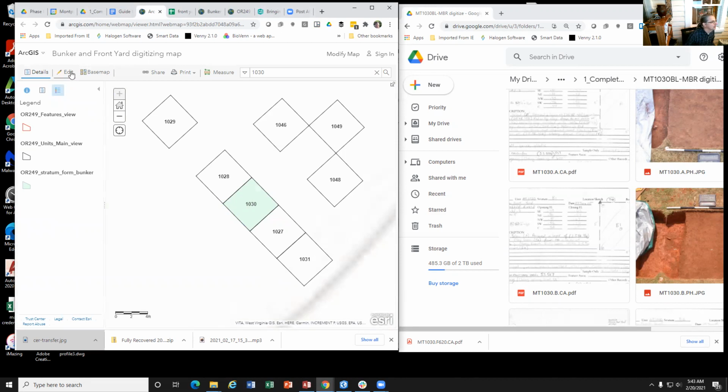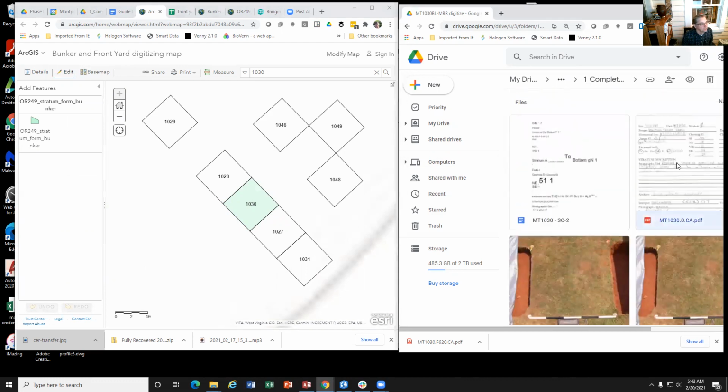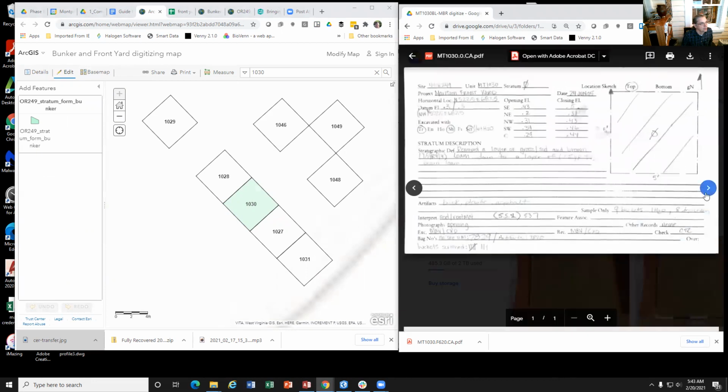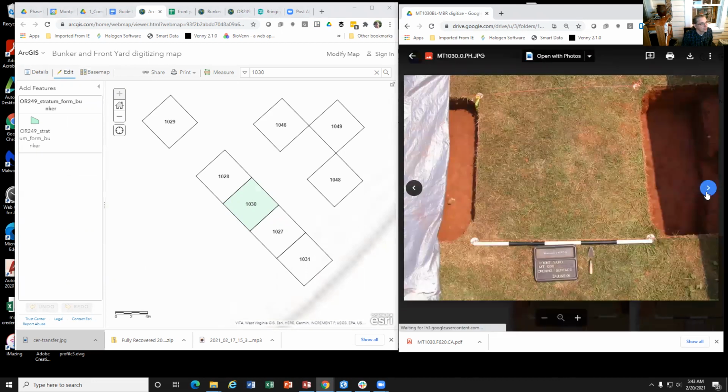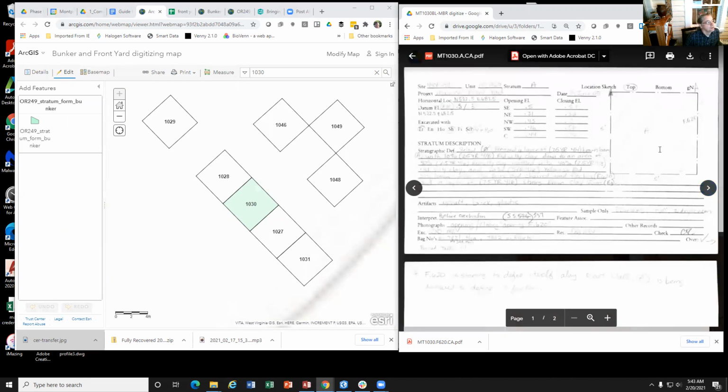So we'll go to Edit, and this is going to pop up. And what we'll want to do is go to our A card. Here's our O card. We've done this one, transcribed this one, and we want to go to the A card. And so we can see A goes across almost all the unit, but then here's the feature right here. So A is this area right in here.